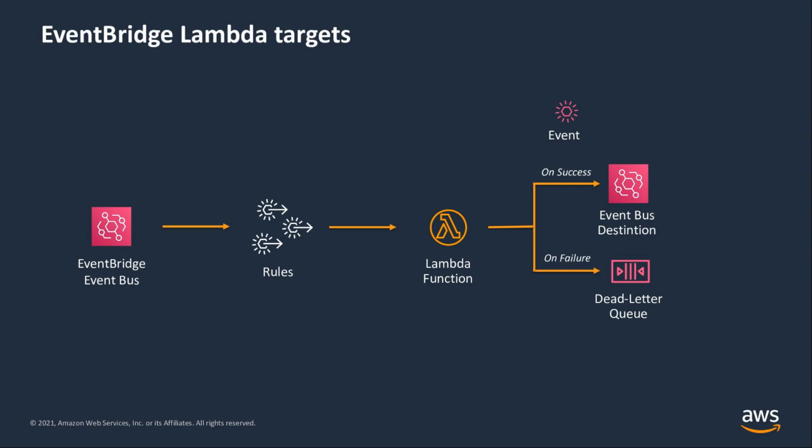We have a feature called Lambda Destinations, and with that you can route asynchronous function results as an execution record to a destination resource without writing additional code. An execution record contains details about the request and the response in JSON format. For each execution status, like success or failure, you can choose one of four destinations. You can send it on to another Lambda function, or to SNS, SQS, or EventBridge. So in this simple example, a Lambda function routes success to another event bus, or failures to an SQS dead letter queue.